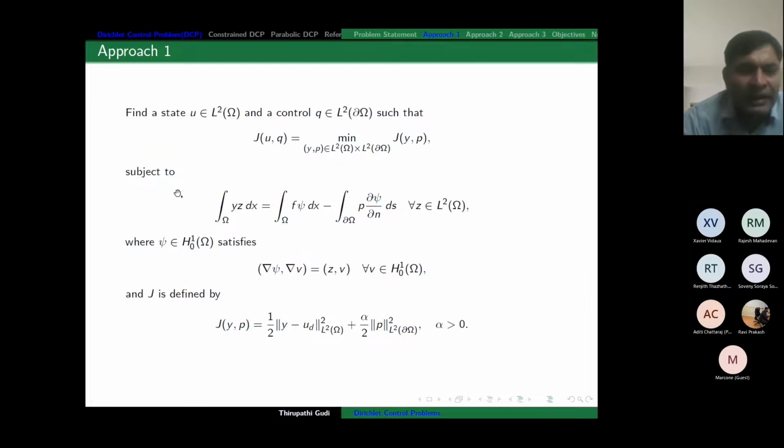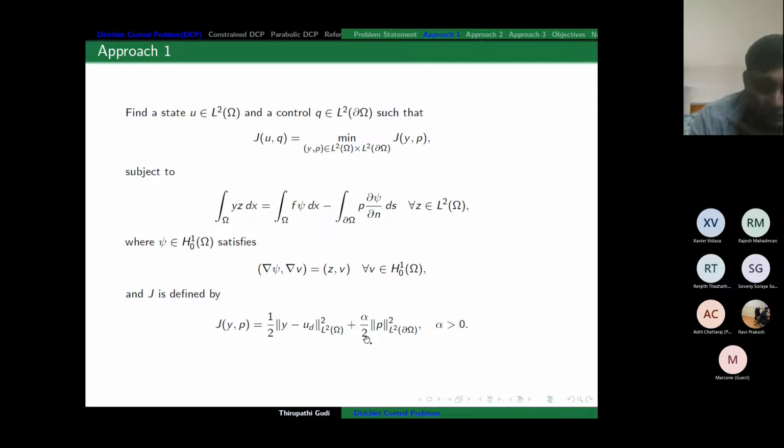So then we can write mathematically the optimal control problem that we started. Find a state y, which is what we want, and a control q, which is the boundary source function, minimizing this cost functional subject to this PDE. Now the PDE is minus Laplacian y equal to f and y equal to p on the boundary. That is written in a much weaker sense because mathematically we have to give validity of the PDE. That is done in this way, and here z and psi are linked through another PDE, and J is defined here. q is replaced by p in L2 on the boundary, and alpha is the